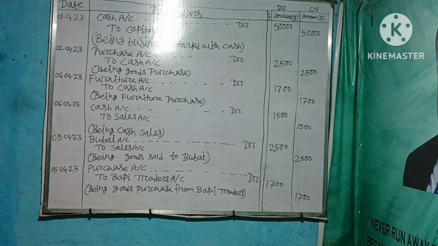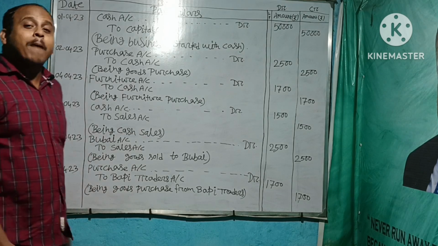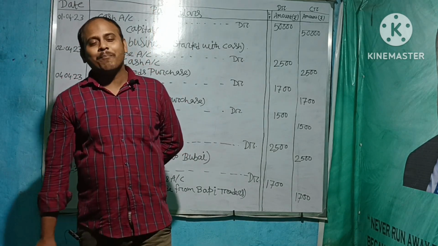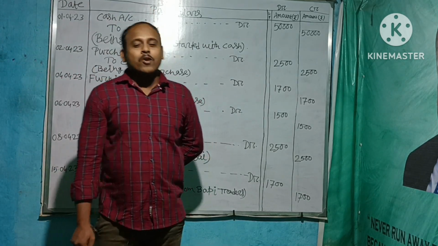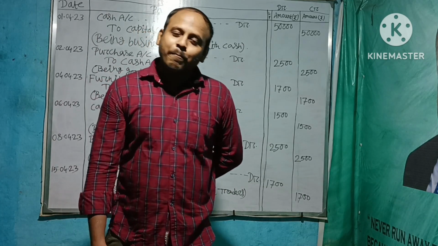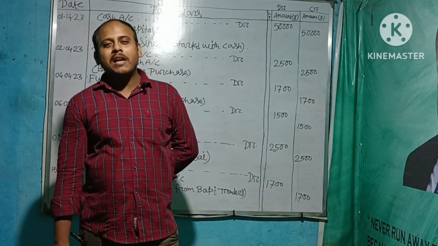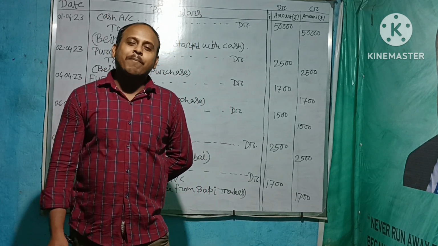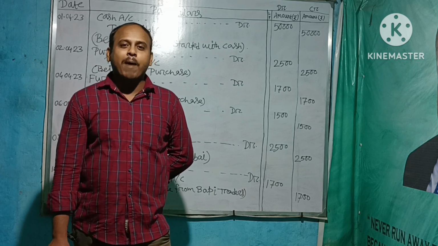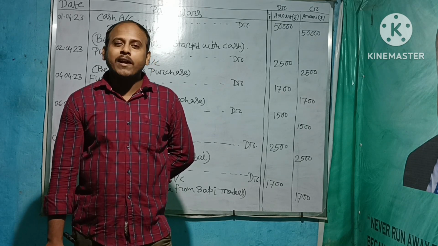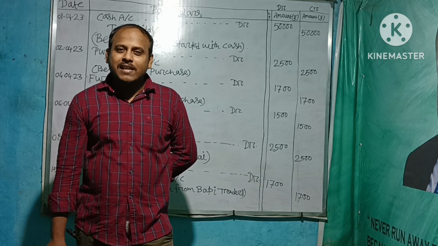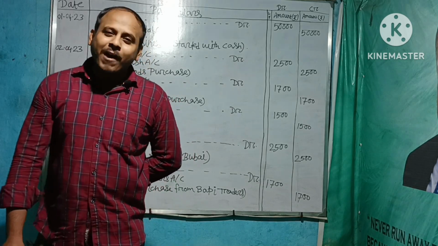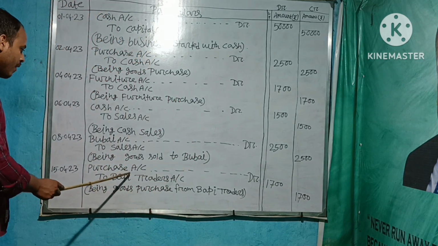On 15th April, purchased goods from Bapi Traders. Here we buy something from Bapi Traders. So here we purchase. Purchase is an example of a nominal account. If we buy, then the purchase account will be debited, because this is our expense. For that reason, the purchase account will be debited